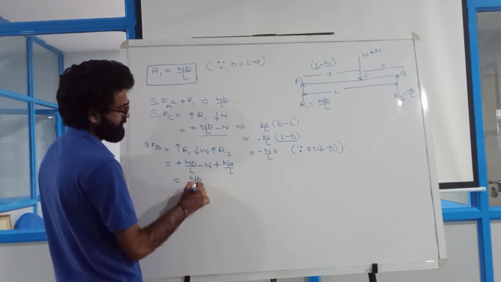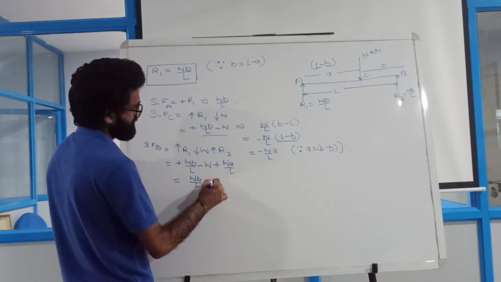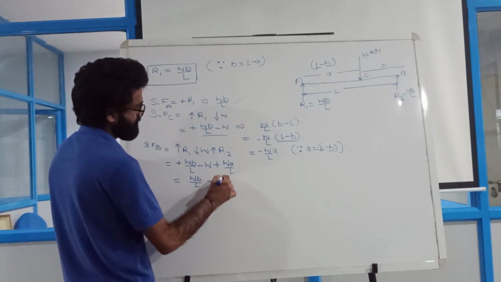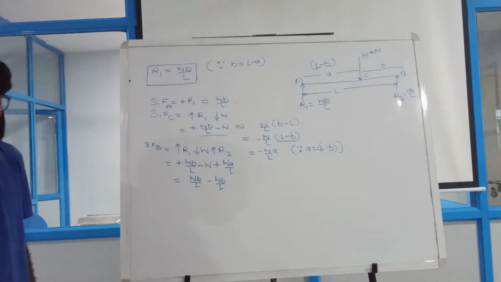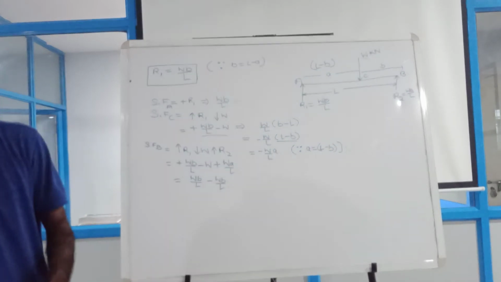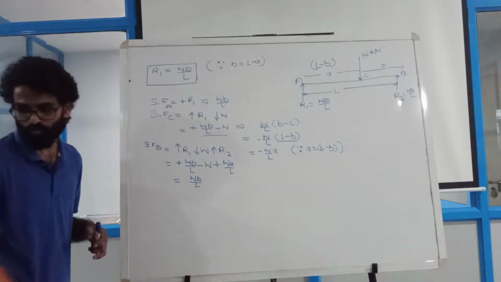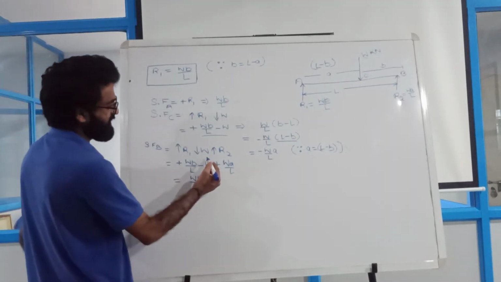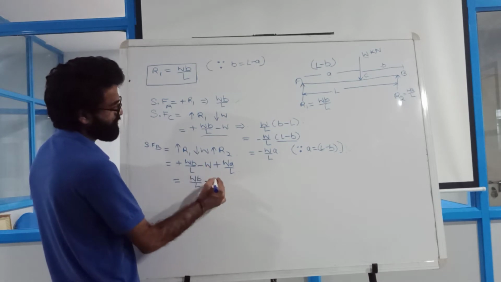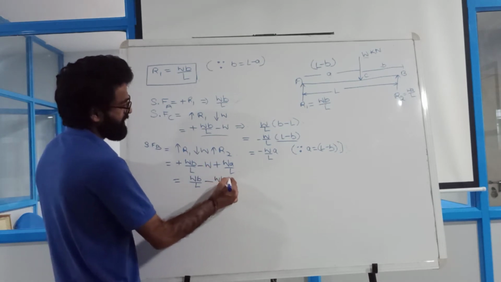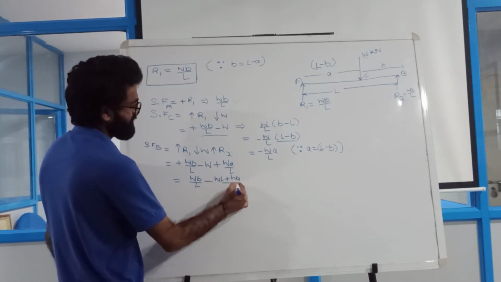WB by L minus WB by L. If I am going to simplify, now some will get confused here about how I have directly written. So let me solve this as well. I don't want to make you confused. So what I did here, I took the LCM of this, directly L. So if I take the LCM, this will become WL, and this will become plus WA by L.